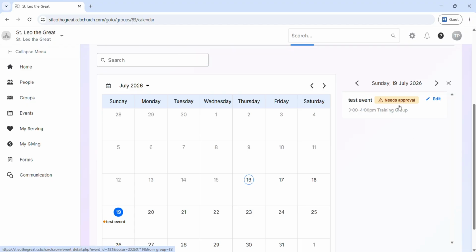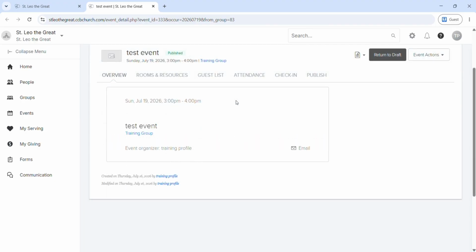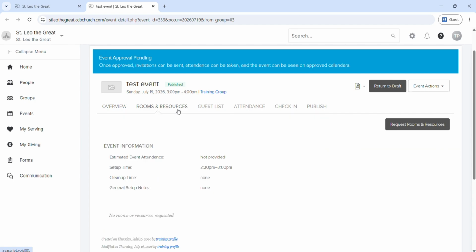As you can see, it needs approval from the events admin. On the right side, you'll see event actions. Here, we can edit the event, delete the event, duplicate, send a mail merge to attendees, or print labels for attendees. If you have permissions to request rooms and resources, we will go under the Rooms and Resources tab,